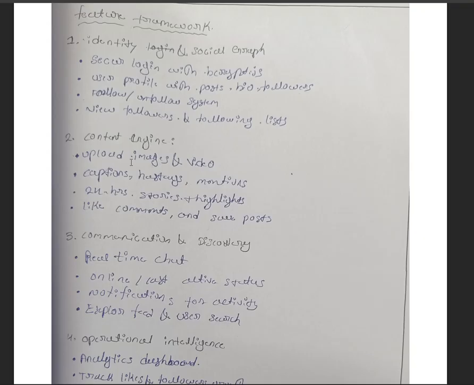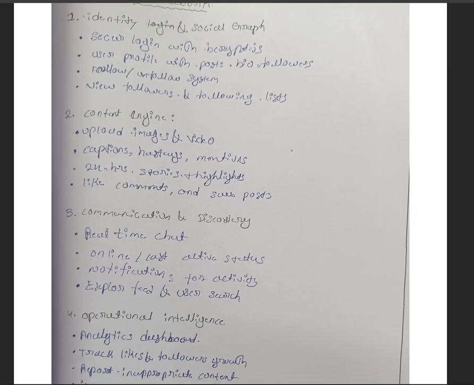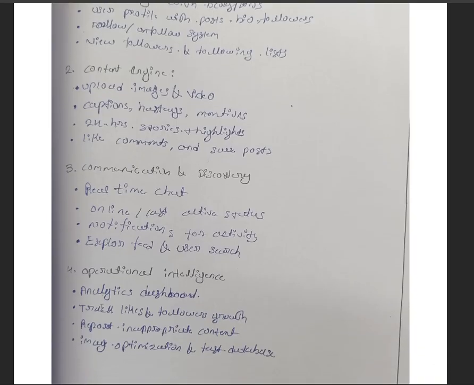Content engine: upload images and video, captions, hashtags, etc. Communication and discovery: real-time chat, online status, last active status, notifications for activity, explore feed and user search. Fourth one is operational intelligence: analytics dashboard, track likes, followers, graph, report,